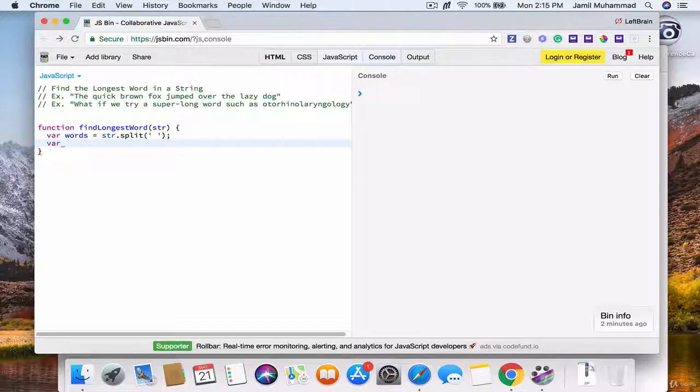I have another variable called maxLength, so we can find the max length of the longest word. We're going to initialize it to 0, and we're going to have a for loop with variable i initialized to 0, and i is going to be less than the length of words, and it's going to be incremented by 1. I count each word one by one,